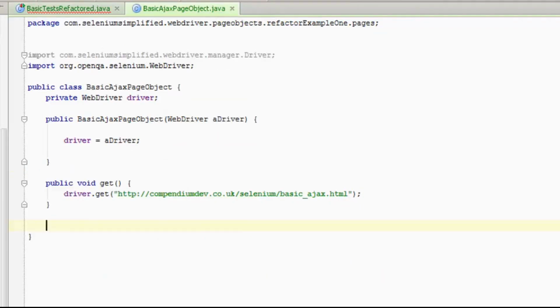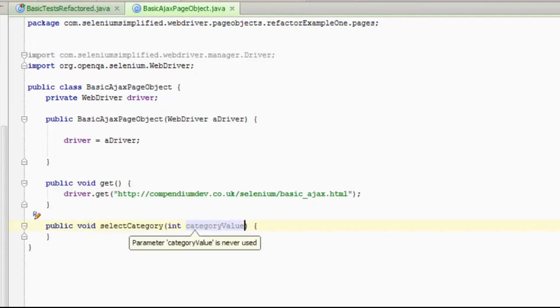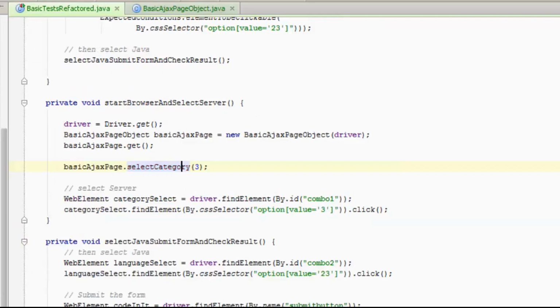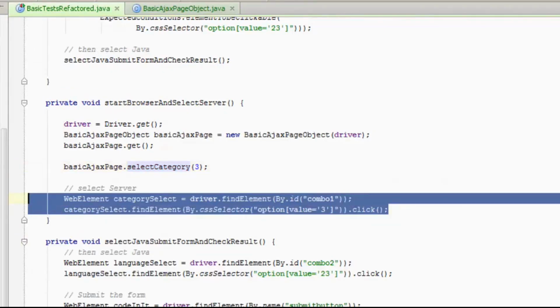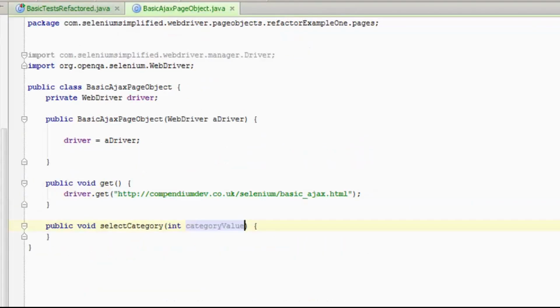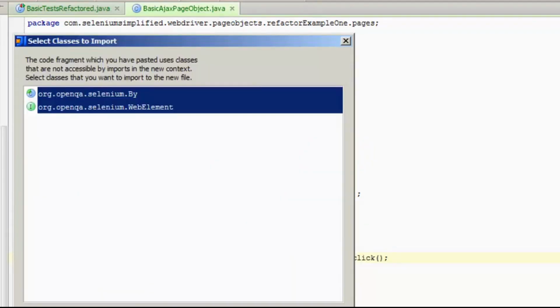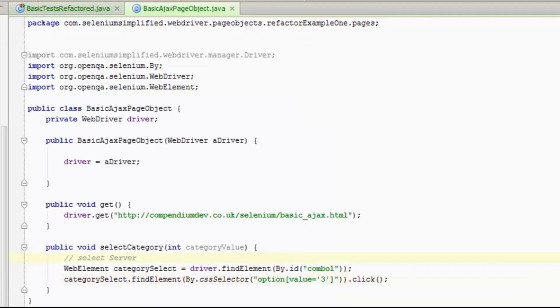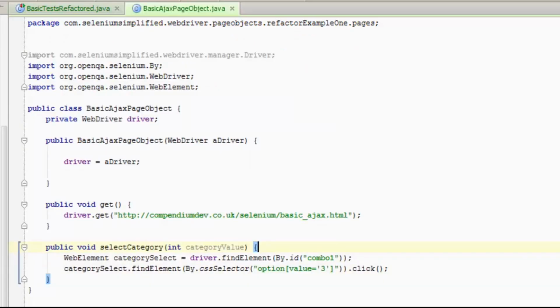Let me create that method. Select category int, and that's the category value. And this is the code to select that category. So I'm going to copy all of this out, or cut all of this out, because it doesn't belong as a local method anymore. It belongs in the page object. I can remove this comment, and then in here